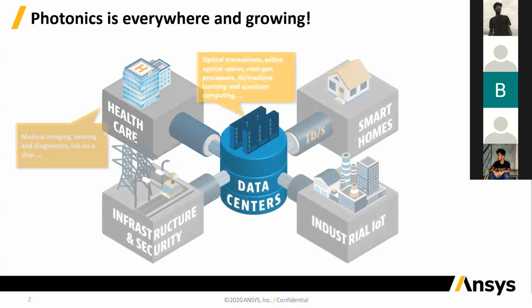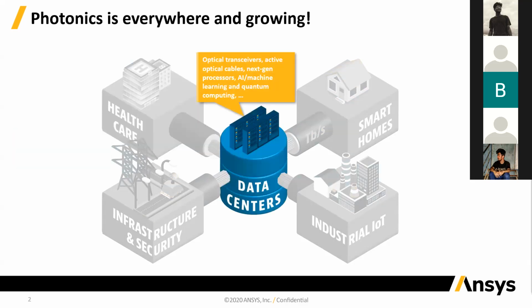And in the center of all of these things, we have these data centers. All these smart technologies require tons and tons of data, and that's all going through our data center. And the conventional copper cannot keep up with the ever increasing speed and bandwidth need, and photonics has to come in. Fiber optics is needed to transfer the data, and to make the whole communication more efficient, you need photonic circuits to modulate your information on the optical signal.